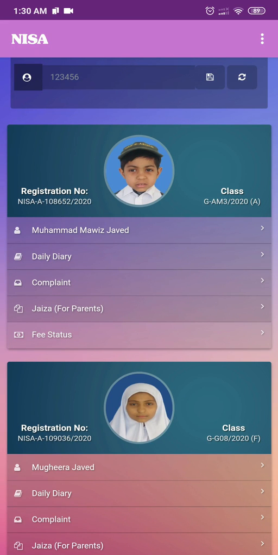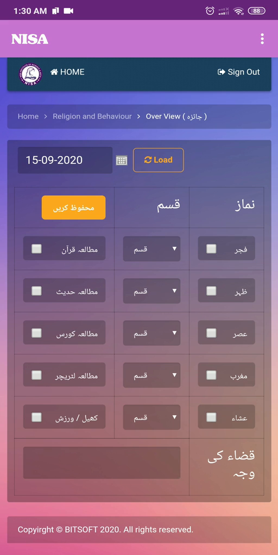Welcome back. This is the third tutorial of the NASA application, and now we will go for the Jaiza, which is the third option of this application. This Jaiza report is actually very helpful for encouraging your child for praying 5 times a day and doing some